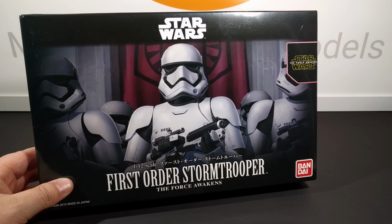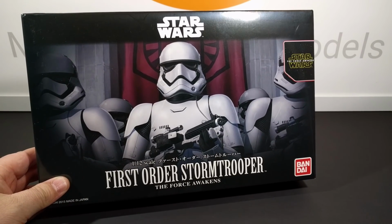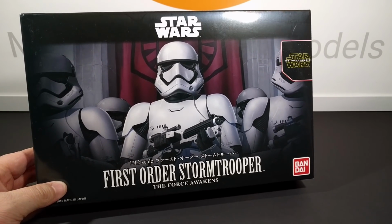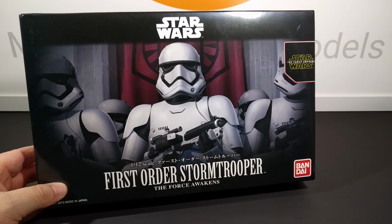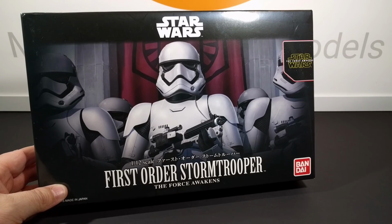This is Bandai's 1/12 scale First Order Stormtrooper. Hi everyone, it's Sam here at Model Chili Scale Models, and I